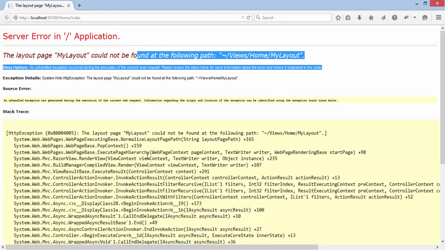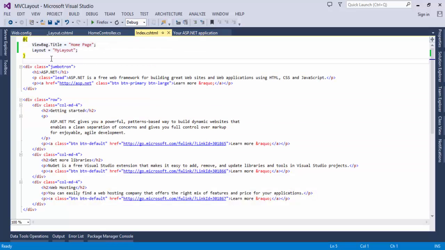By the way, if you see the generic error page, you probably have custom errors turned on in web.config. So go ahead and change the custom error mode to remote only, or just remove the element in your web.config. So this is one place I can specify the layout, and obviously it overrides whatever we set before. So let's comment that layout out and look at